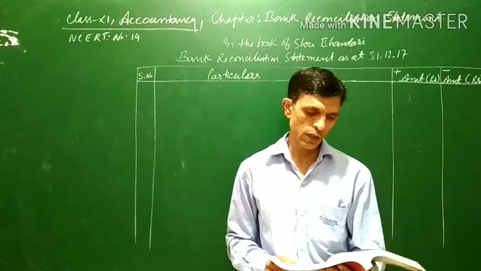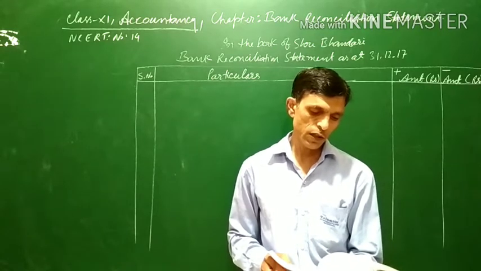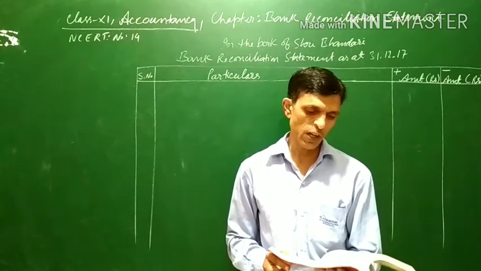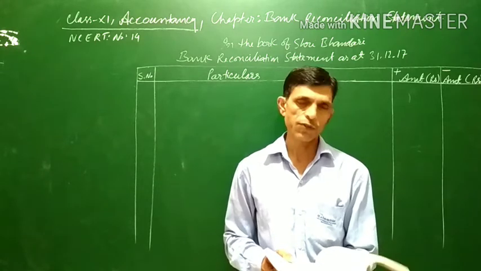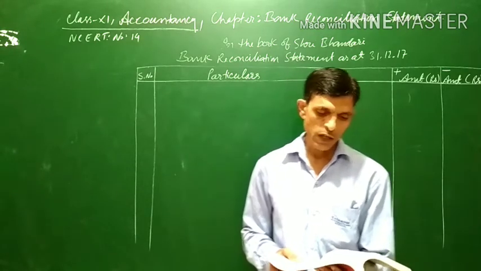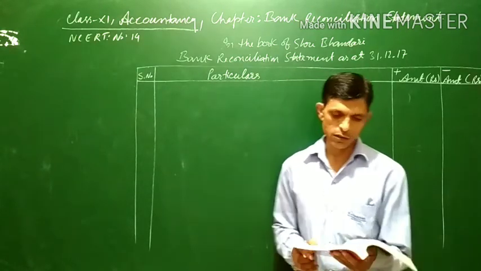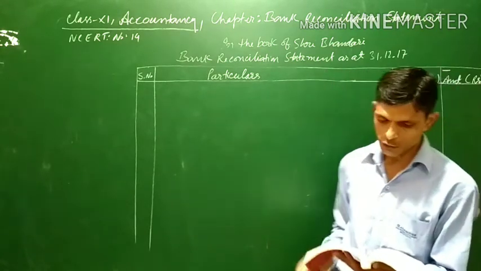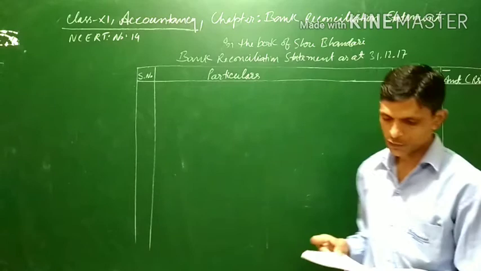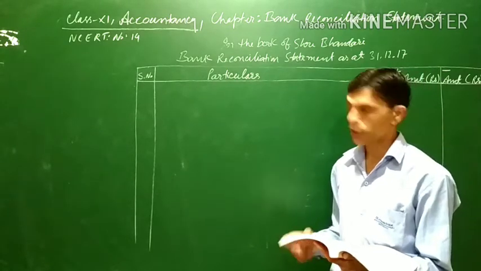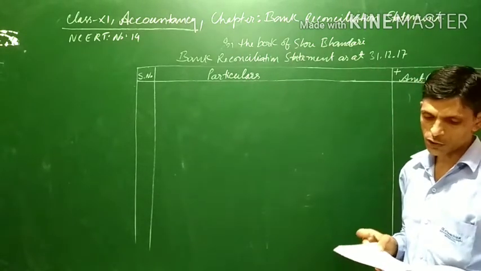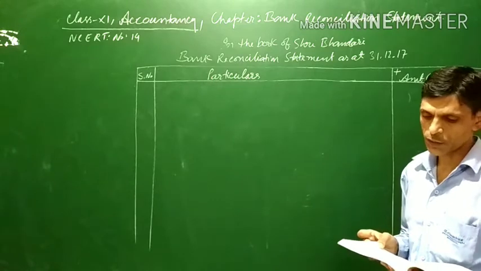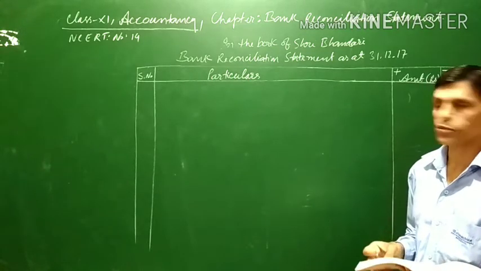Now, we are coming to the next topic wherein the balance will be given of passbook. That will be also unfavorable balance as per passbook. So in question number 14, the unfavorable balance in the passbook is given. The format is already done. The very first line is in the books of Sri Bhandari, since it is mentioned in the question: prepare bank reconciliation statement of Sri Bhandari as on March 31, 2017.